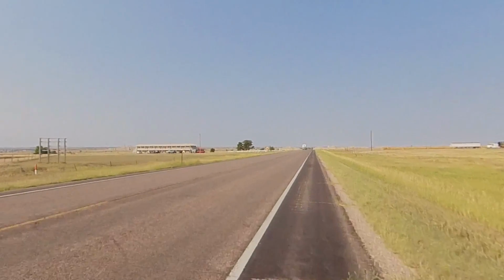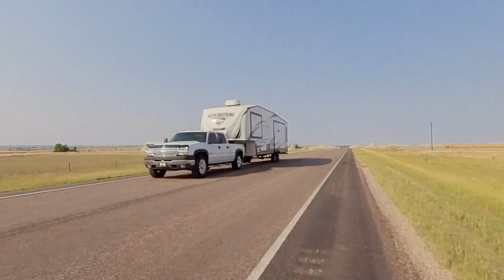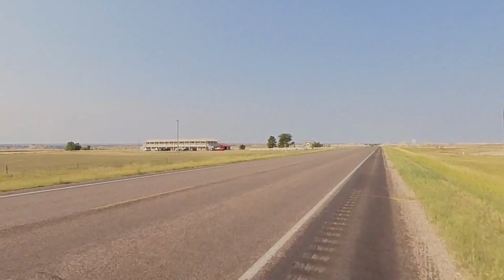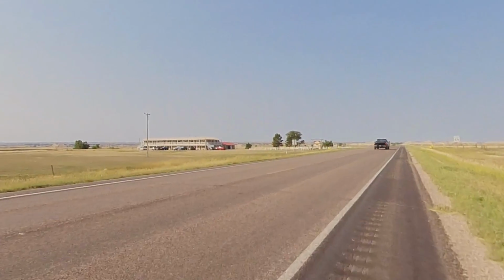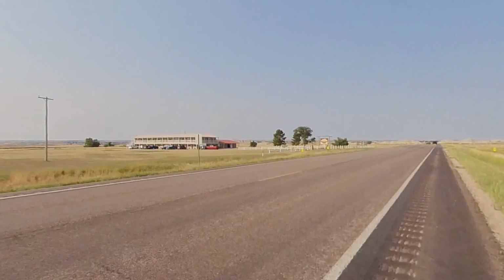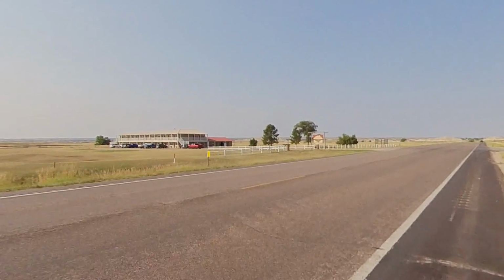But anyway, the next thing of interest that I do want to show you is over here. This is called the Badlands Inn, if I remember right. On the left-hand side, it's just a motel, a two-story one. And I know that on the other side, yesterday there were a couple of campers over there, so we figure that if you have an RV, you can even go and stay there in your RV if you wanted. But yeah, I can see the sign now, and it does say Badlands Inns right on the left